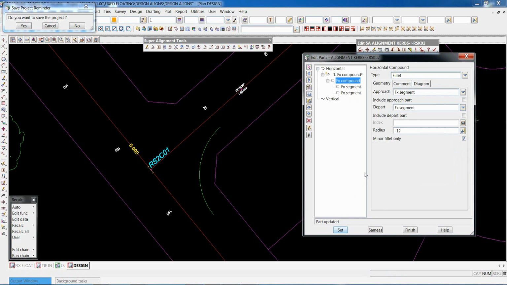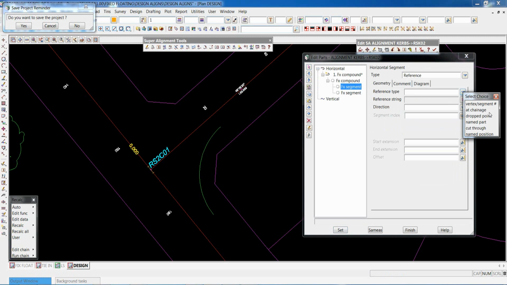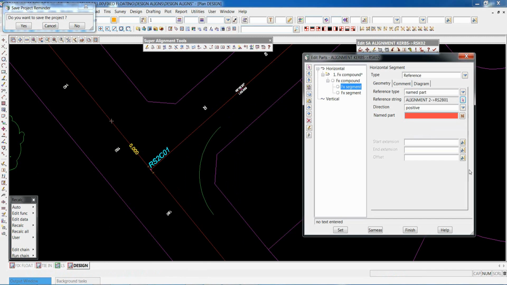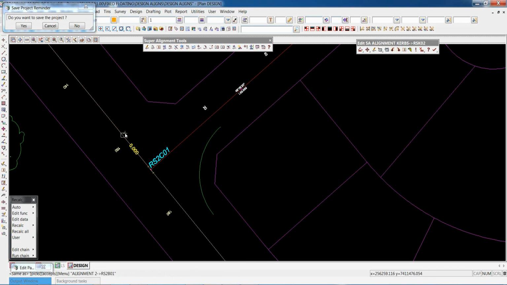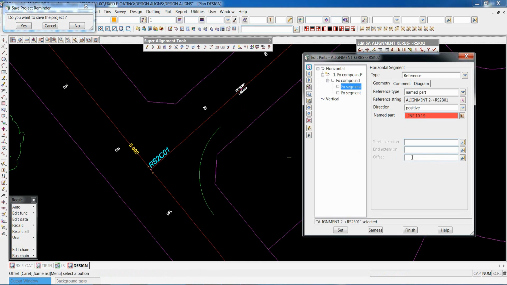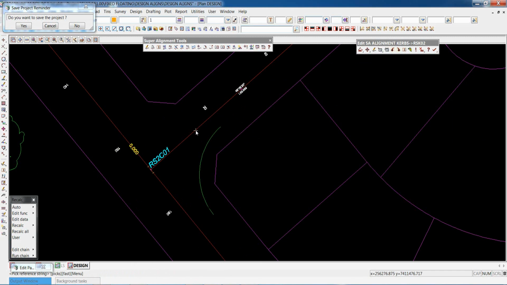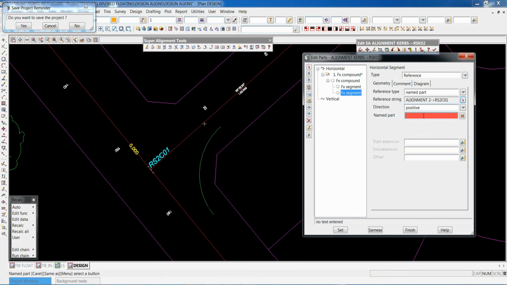Make sure you go set on those as you work your way down through those parts. Once you pick your option here, it'll change to whatever type you have to pick. I'm going to pick segment. Again, I want name part because I've named these other parts on the road. So I go accept, and I pick the name part, and my offset again is -5. I go set. So it puts in a construction line there for me. I drop down to the next segment. Again, same process. Name part. I pick that with direction. Center mouse button to grab the name part, and my offset is -3.5.